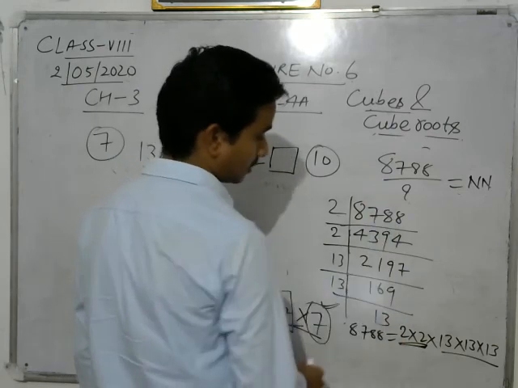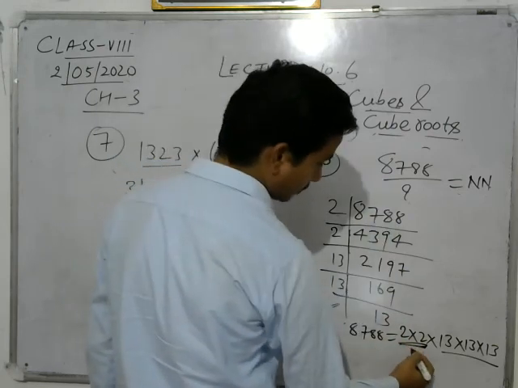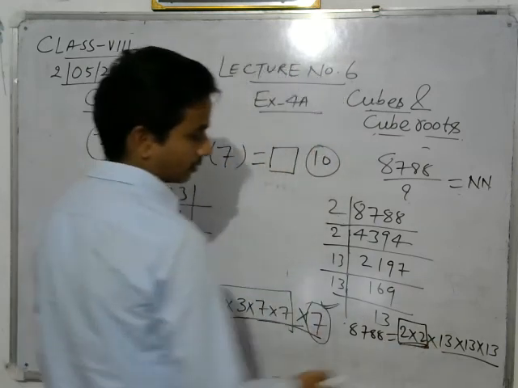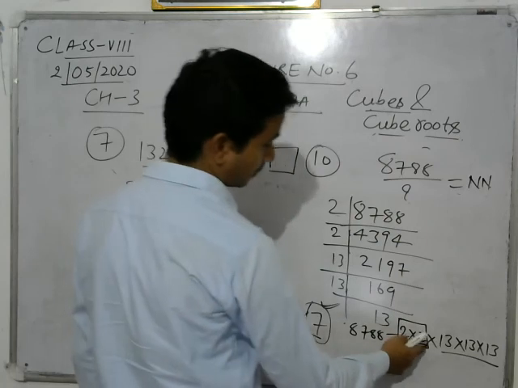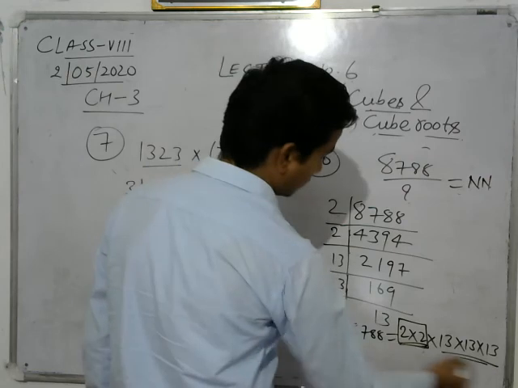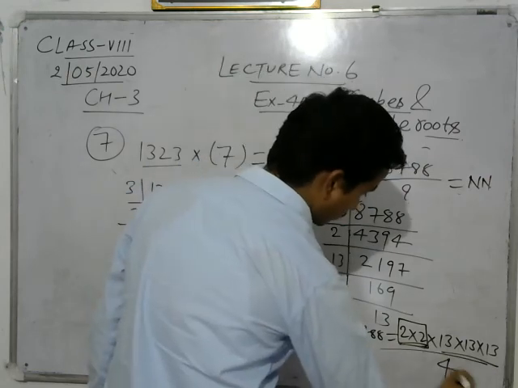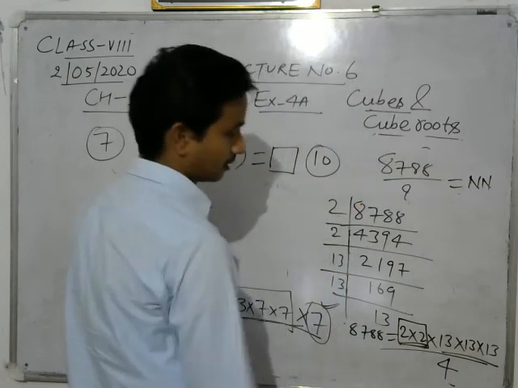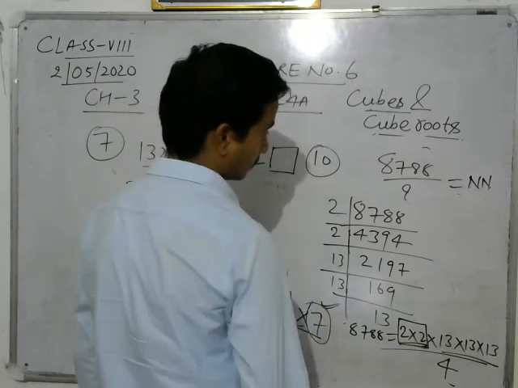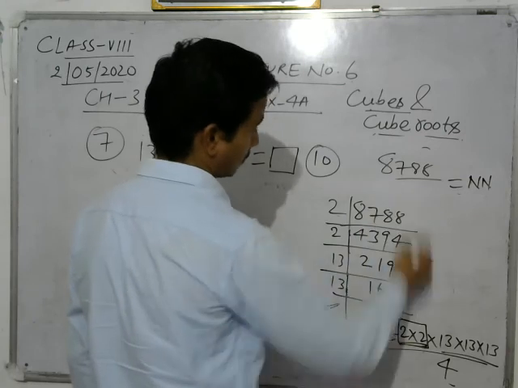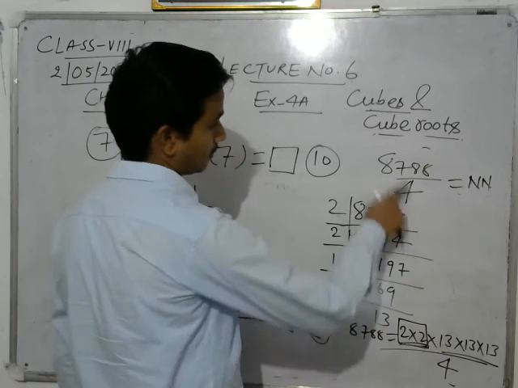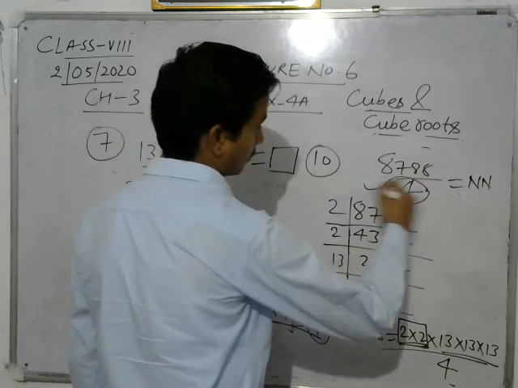But in case of division, what should we do? We have to remove those factors which are not forming a triplet. How do we remove that? By dividing it with 2 squared. It will cancel out, and the resulting number will be a perfect cube. So what is our answer? The smallest number we should divide it by so that it forms a perfect cube is 4. 4 is the right answer.